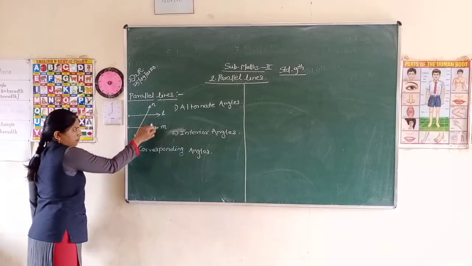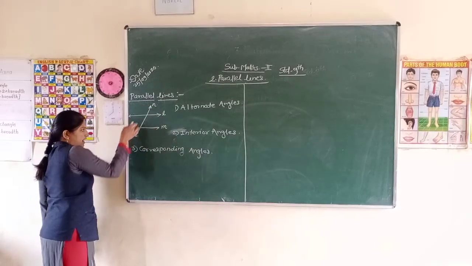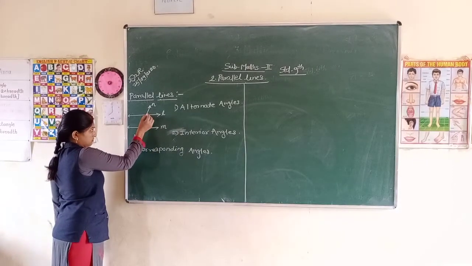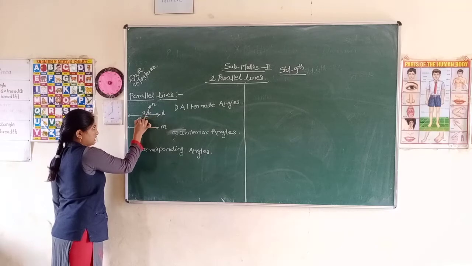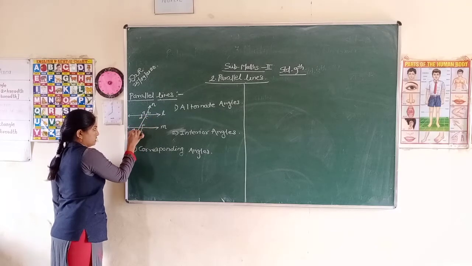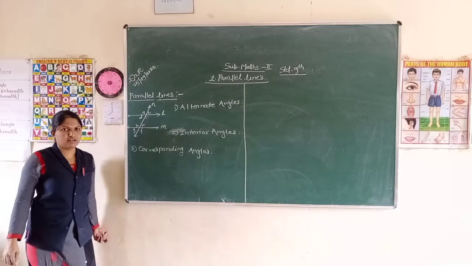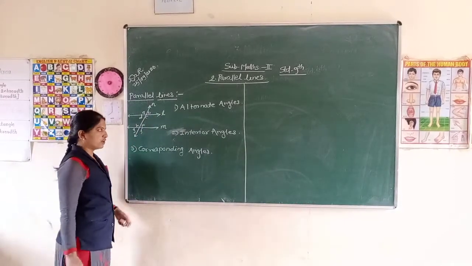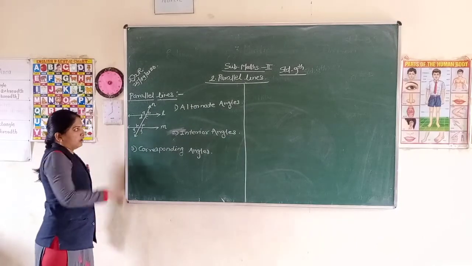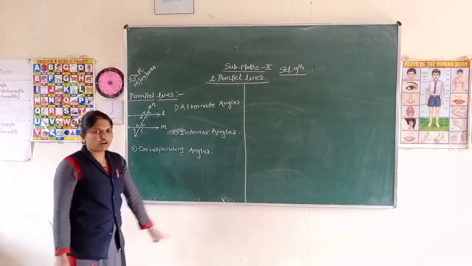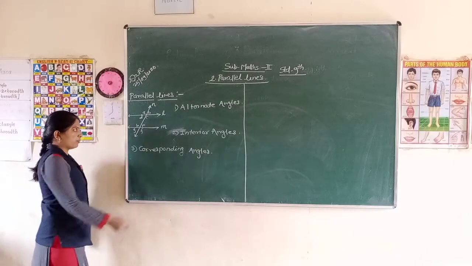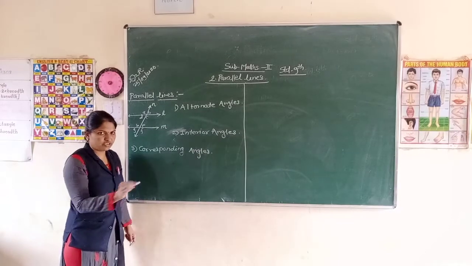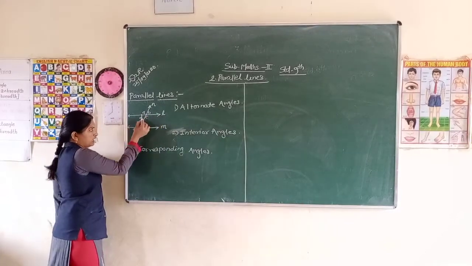Suppose L and M are two parallel lines and N is the transversal. Okay, and A, B, C, D, E, F, G, H, 8 angles are formed by two parallel lines and one transversal. Alternate angles, pair of alternate angles with their properties. Alternate angles means in the form of Z. Z form में